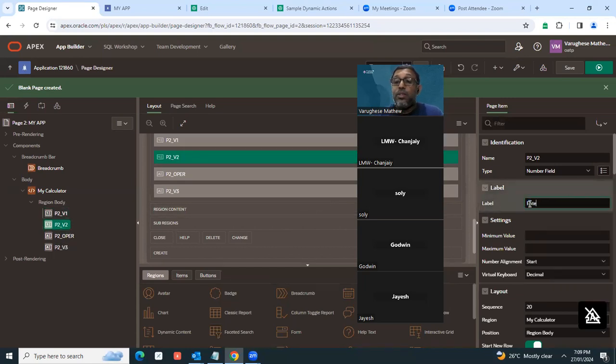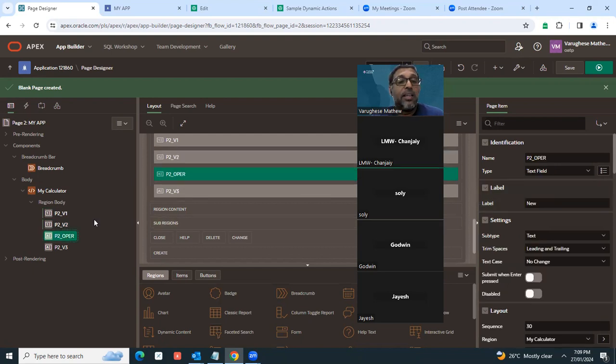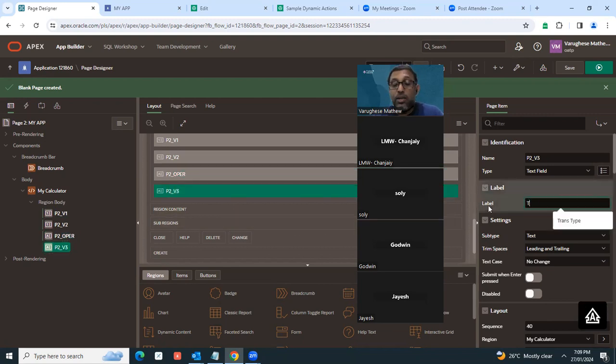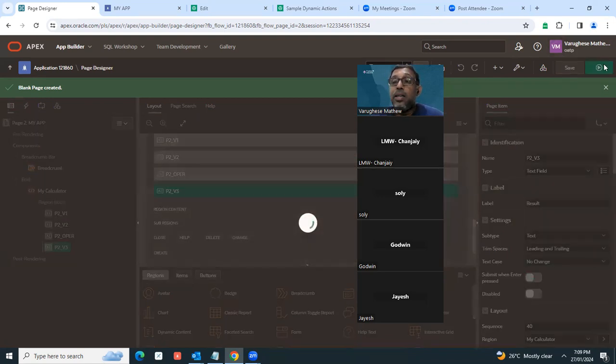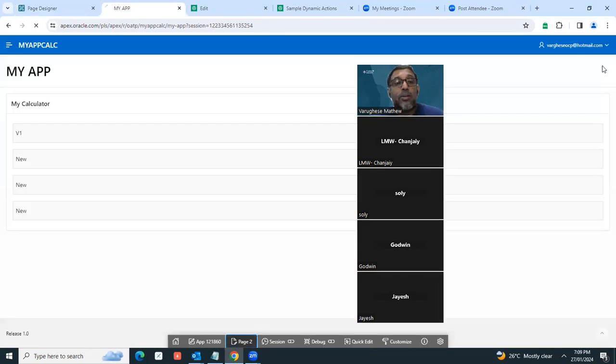You can also change this as a label and column by the traditional way. The name will come first and the box will display like that. You can do that, but I will also show you how to do that. Here it's the total, or result, we can say result. So now you will be able to see the information properly on the screen, like enter value 1,